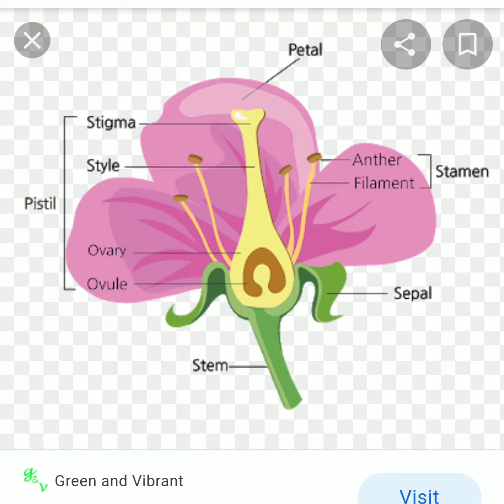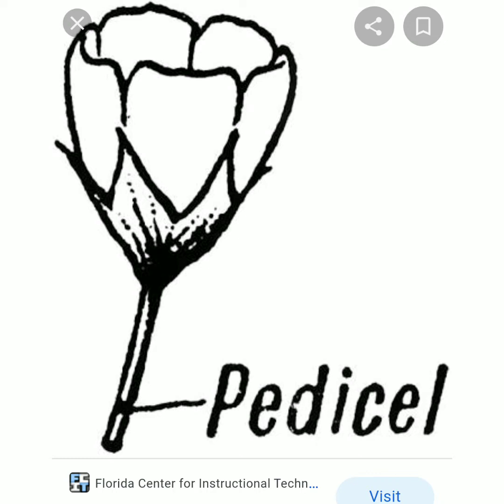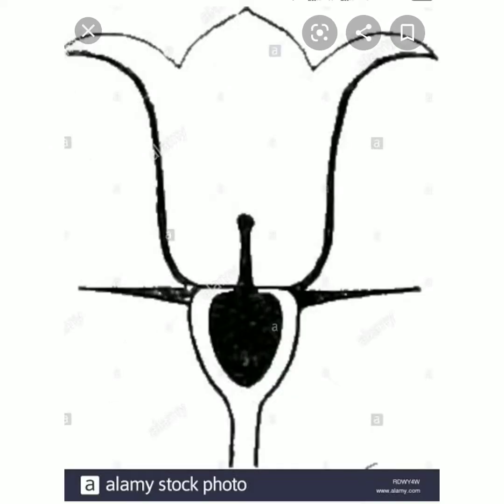Flowers develop the seeds that give rise to the next generation of plants. So flowers are termed the reproductive organs of plants. We learned about the different parts of a flower and their functions. Let's start with the pedicel, which connects the flower to the plant. The second one is the thalamus, in which all the other floral parts are arranged. It's a cup-like structure that holds the floral parts.